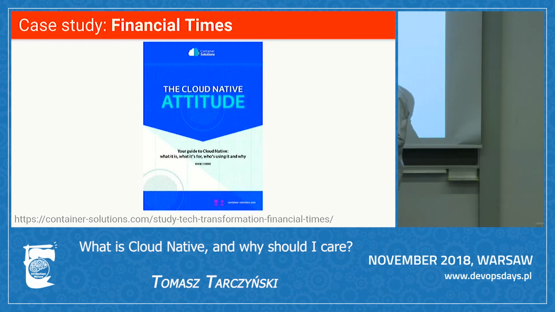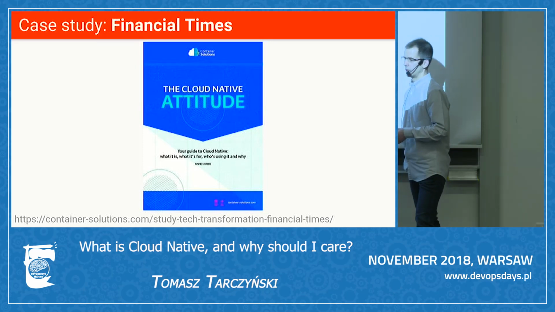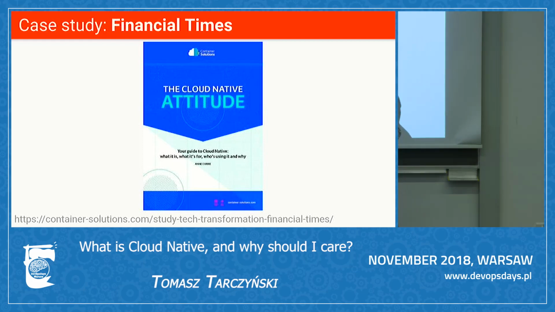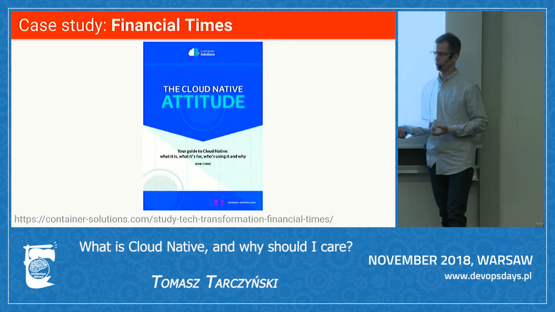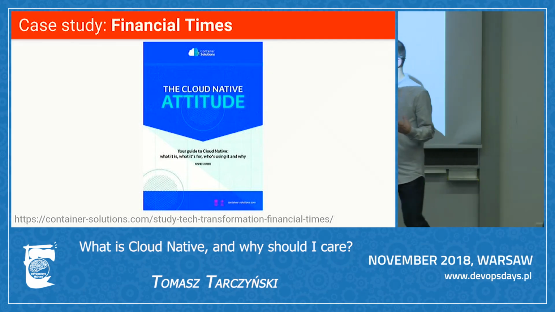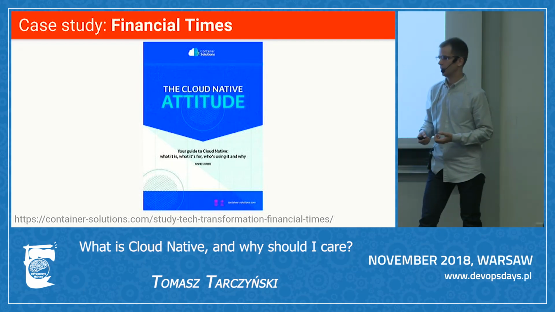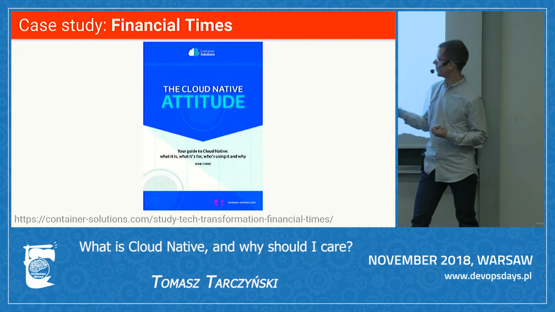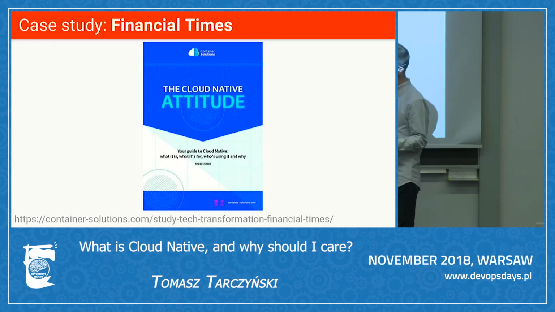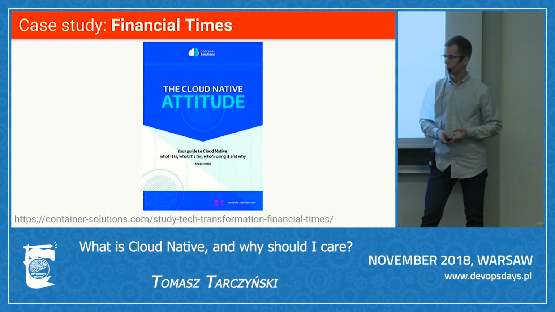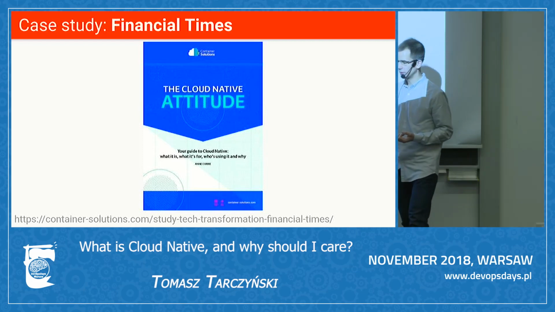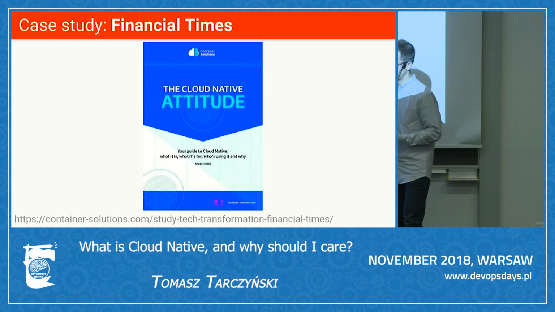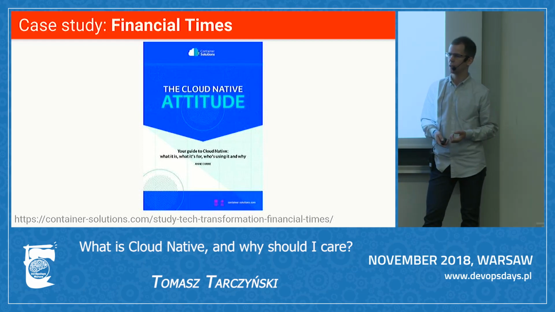It's available via Container Solutions. In their small book on cloud native, they gave an example from the Financial Times, which is a news organization read by more than 2 million people daily. And what's interesting is that they earn more from their digital version than from print. At the Financial Times, they spent 3 years building a cloud native platform and then migrating applications to it. And what results did they get?